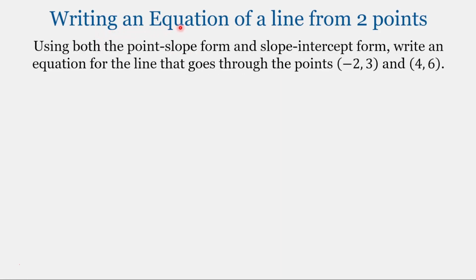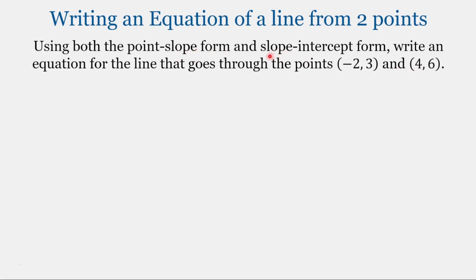Now we're going to practice writing the equation of a line from 2 points. And we're going to use 2 different methods. First, we're going to use that point-slope form, which we just practiced. And then we'll use that slope-intercept form, which we practiced a few lessons ago. And again, I'll put a link to that in the description. Either way, if you want to write an equation of a line from 2 points,